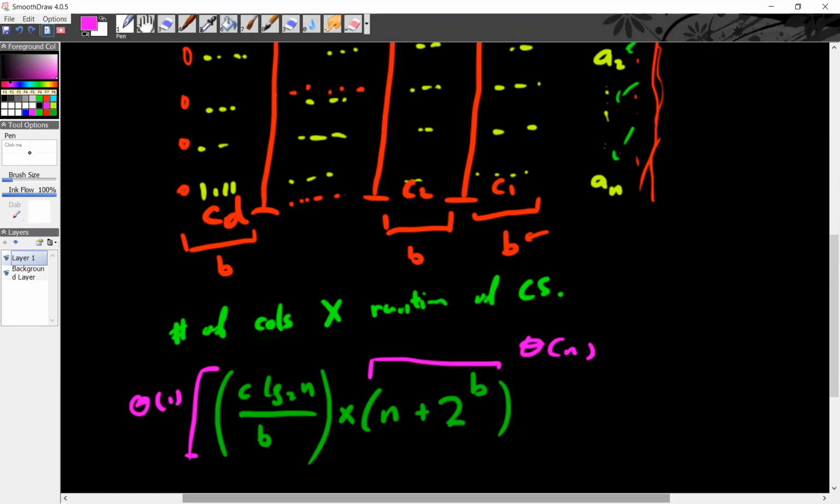Negative? No, you can't do that. Because how can 2 to the power b be negative? If you set b to be a negative value, then this is just a fraction, and you'd need log of some negative value, but that doesn't even make sense for bits. But anyway,